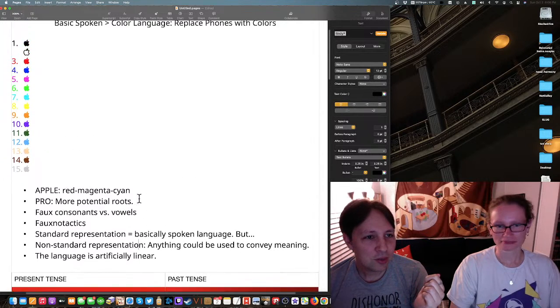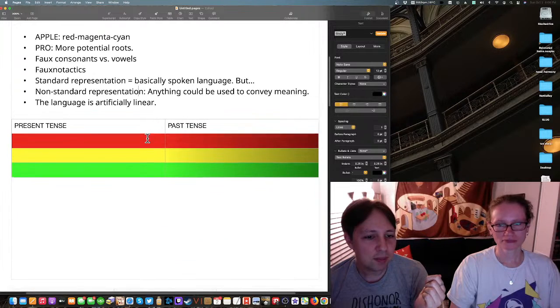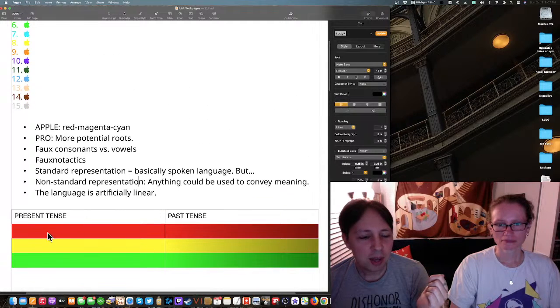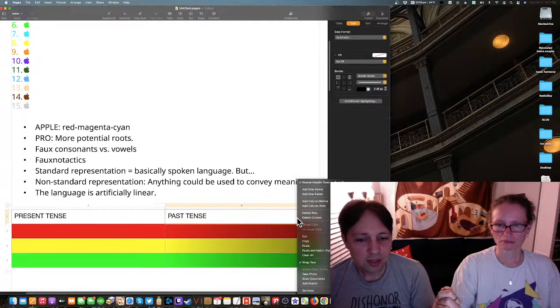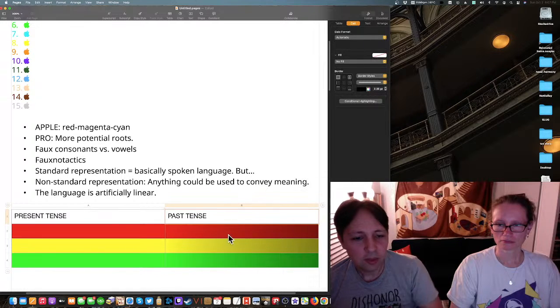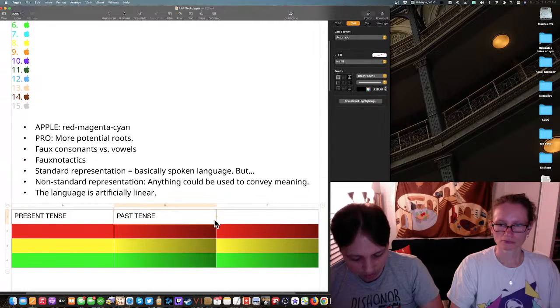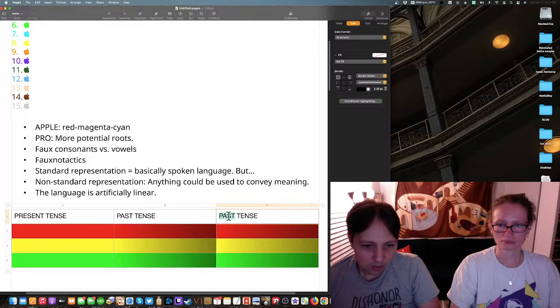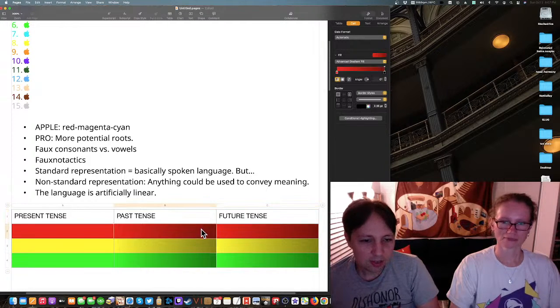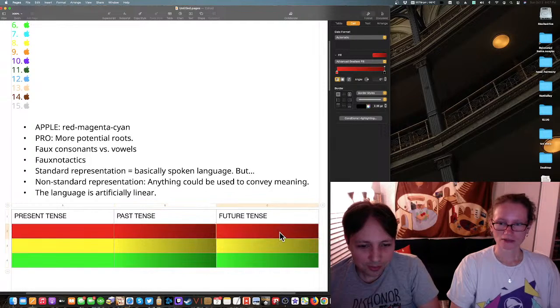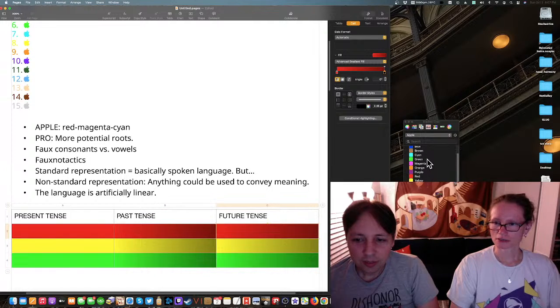But you see what I mean? So here we just have the basic color set, but we've just decided that past tense or present tense is just basic, bold, basic, and past tense starts to get gray at the end. In fact, why not? Let's just go nuts. Future tense, you know what I'm doing? Do you have a sense of what I'm going to do? There we go. Gonna reverse it. Go to white. That's right.